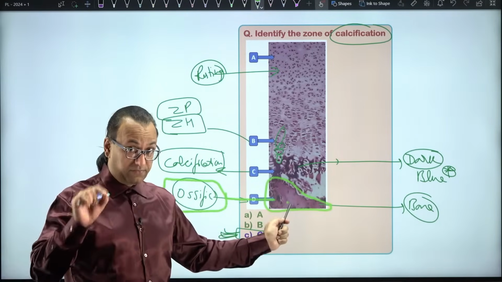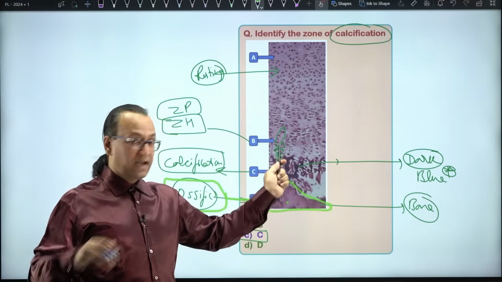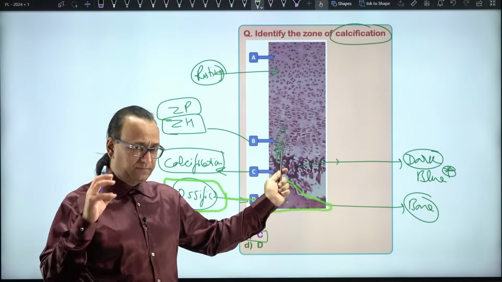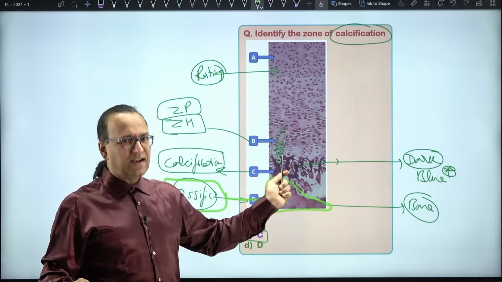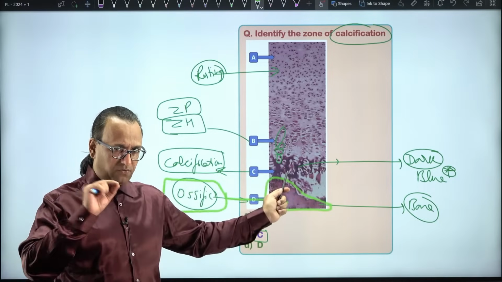But this is zone of ossification. That is zone of calcification. That is zone of proliferation and dying cells. So dying cells means they will be hypertrophying, and then they will be dead also. But dead cells will be in the zone of calcification. Here you will not find